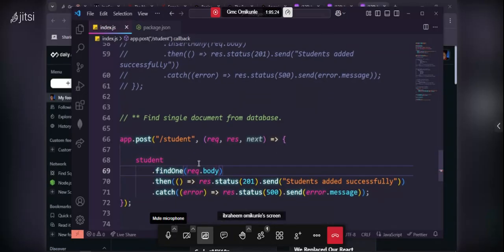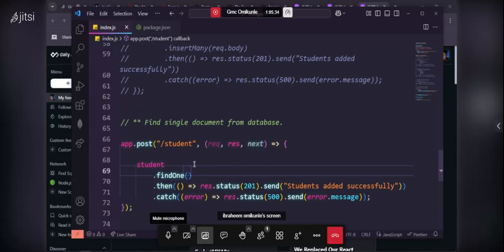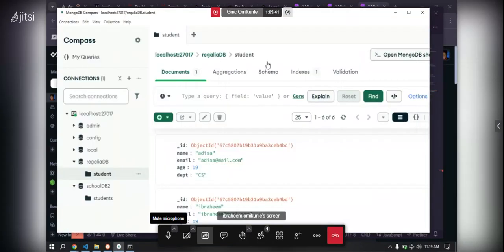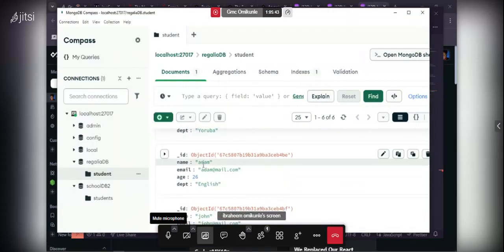Now I want to find. Look at it. Find one. Please take note of all these things that we are explaining here. Find one. Now, what do you want to find? You want to find the name. What's the name of the person? The name of the person is